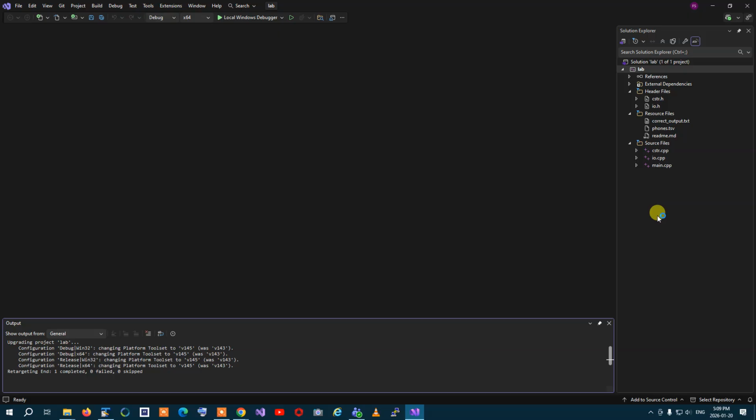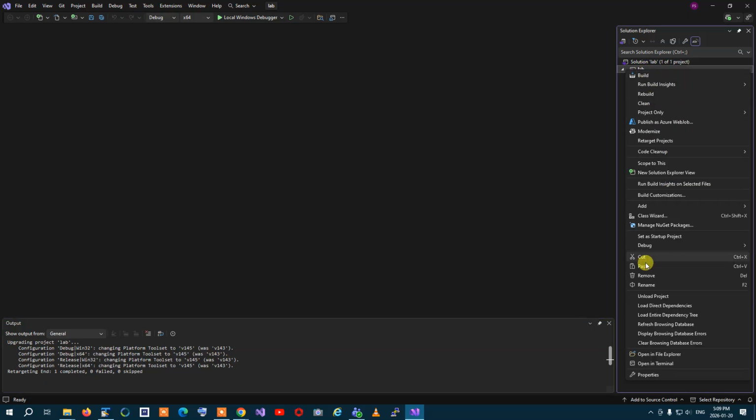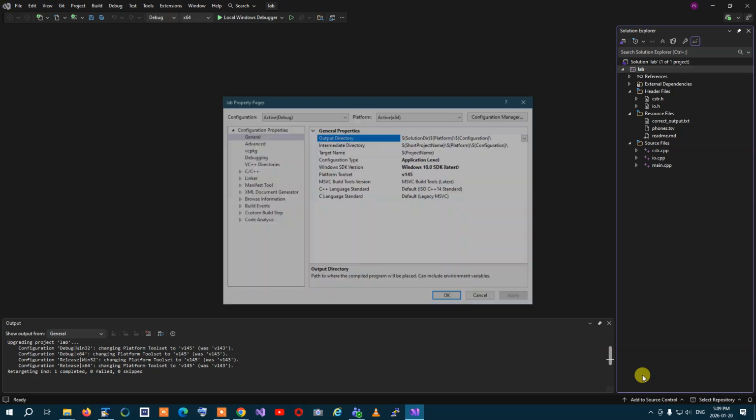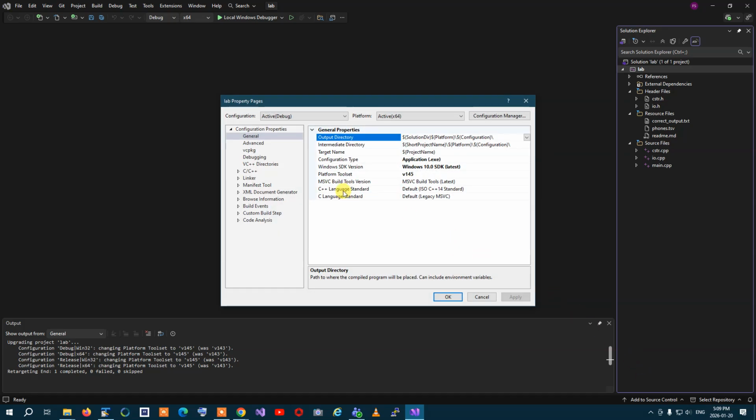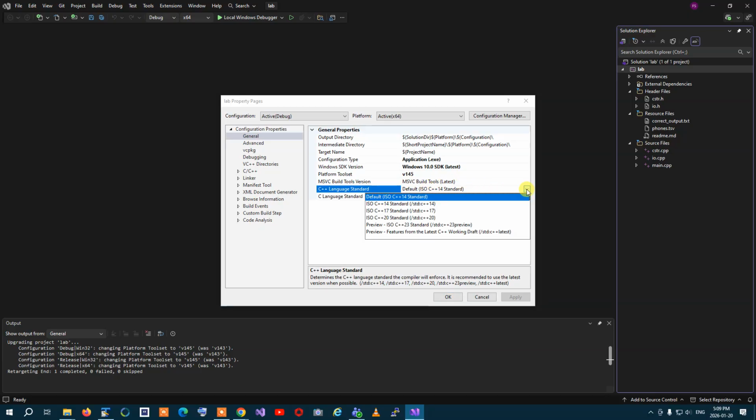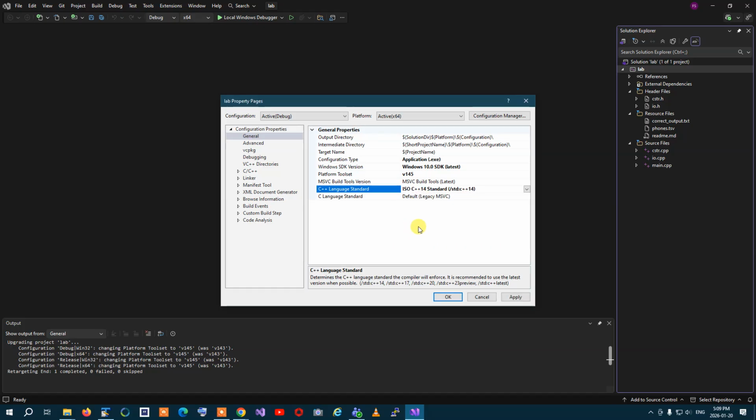To make sure that everything after retargeting is finished, it's retargeting right now and once completed, right click on the lab, click on properties, make sure that the language standard is set to C++14, or you can select the drop-down list, go on ISO C++14 standard. This is the one. Any of these you choose, and then click on apply, and then everything is going to be